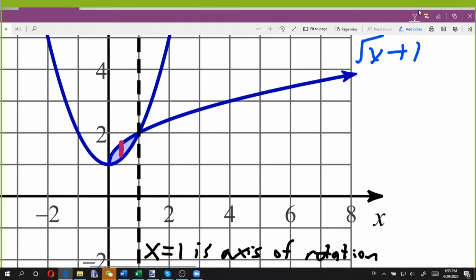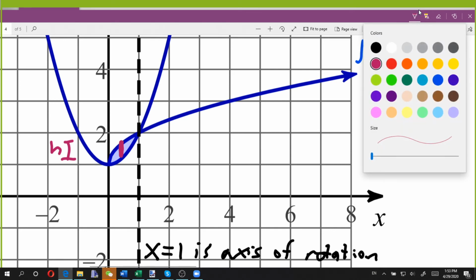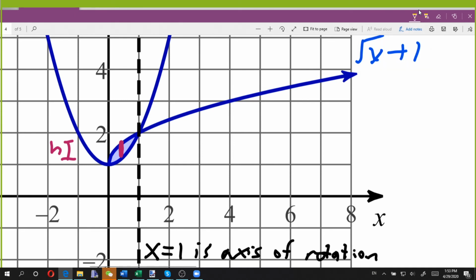That gives us a height, and that also gives us an infinitely small depth. And if I spin that around the axis to create our shell,